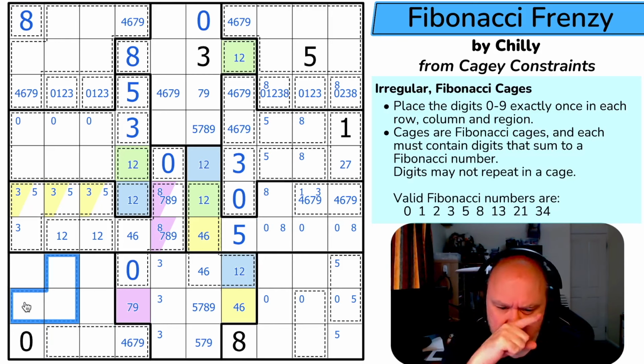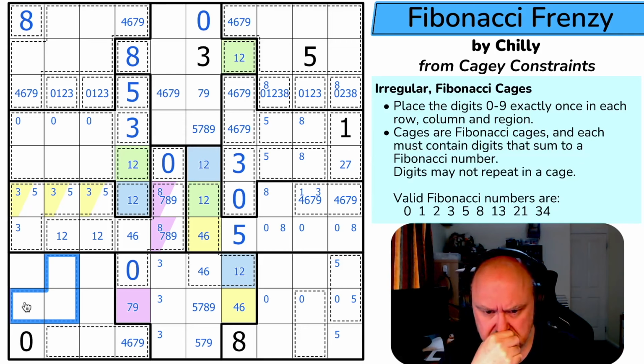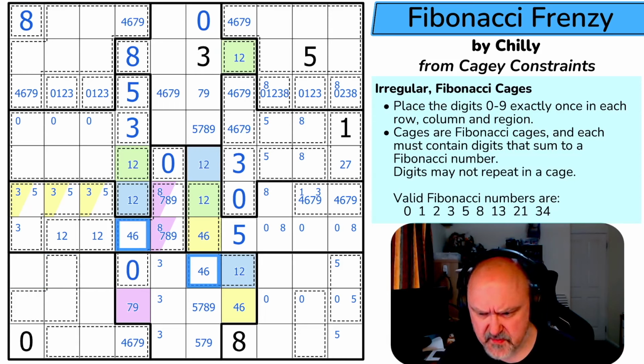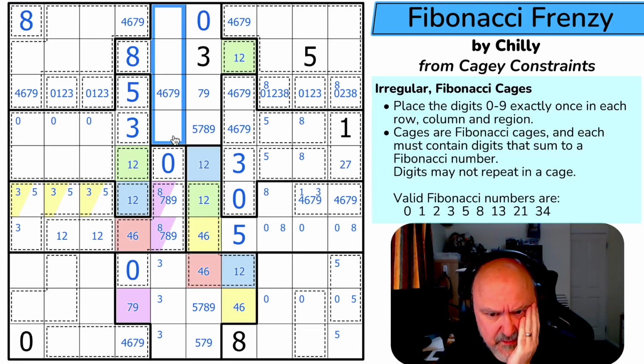How do I figure anything out with those cages, I'm wondering? Because I think they're the only things I haven't really looked at yet. Did I mention this is going to be one of the hardest puzzles in the pack? So this and this are the same digit. Mark them in red. So red is up here, so I don't think this is going to help me at all. Red is in here,